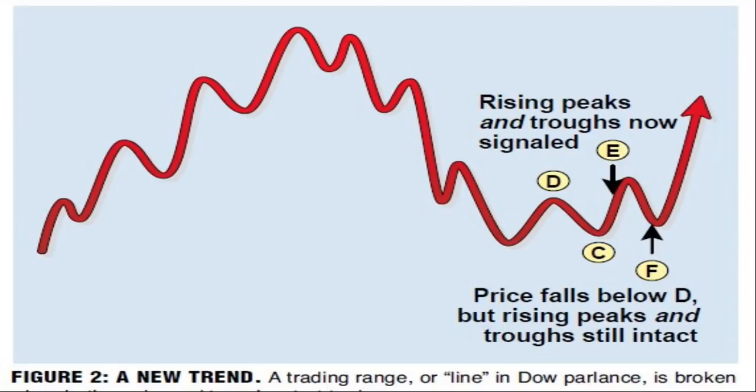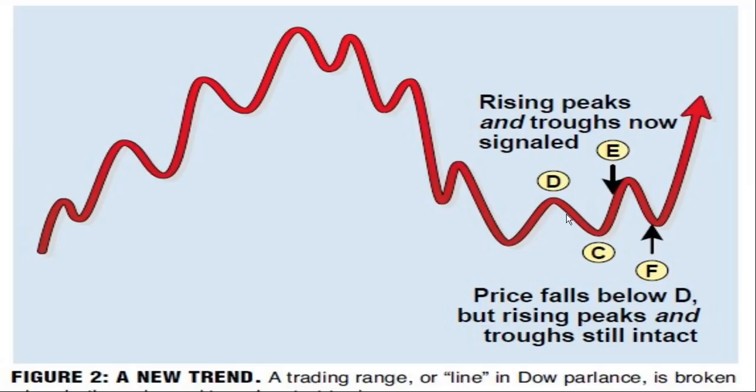Now, as we understood the previous day, a primary trend can be of three types: a bull, a bear, and basically a range bound market, which in Dow theory we call a line or channel. If we see this particular picture, first we had up, next we had down, then we had a kind of line in Dow theory parlance, which basically means the market was roaming around a particular place.